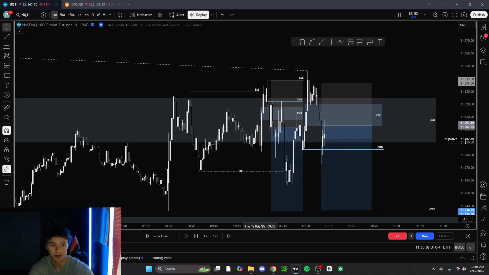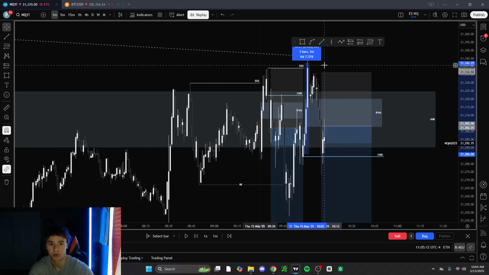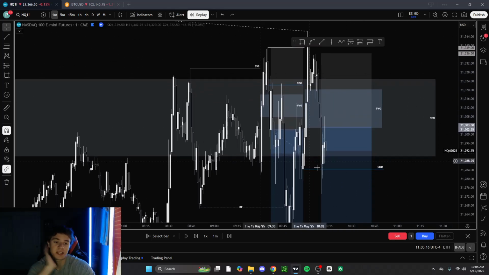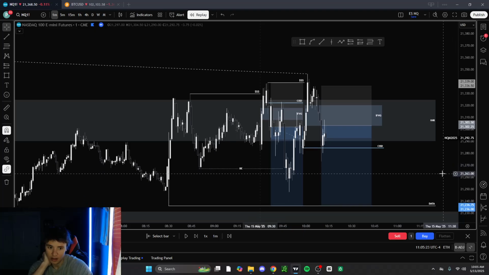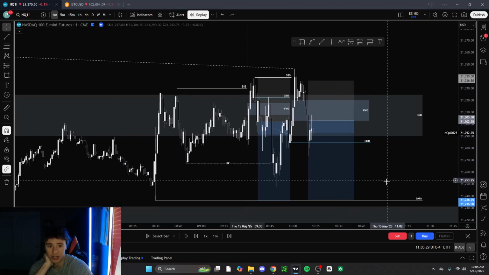So ES closed below the last series of closed candles, which caused the internal sweep and the manipulation. And you can see NQ barely didn't. I still entered on NQ though once we retraced back to this inverse fair value gap, because ES did. Should I have really done that? No, probably not. But either way, I was in on this trade as well.